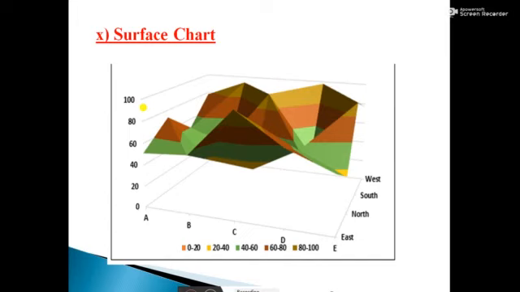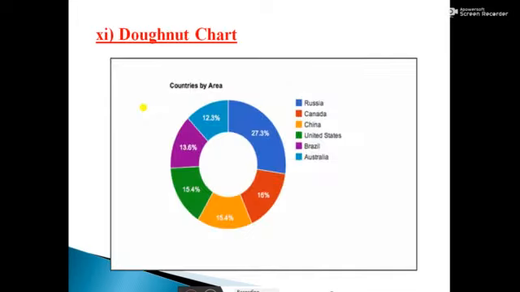At last, one donut chart. Why are we calling it a donut chart? Have you heard the word donut? That is an edible thing, no? So it looks like a donut, so we call this the donut chart. Same concept as a pie chart. For what purpose do we use this donut chart? If we want to show the relationship of parts to a whole, we can use this donut chart.